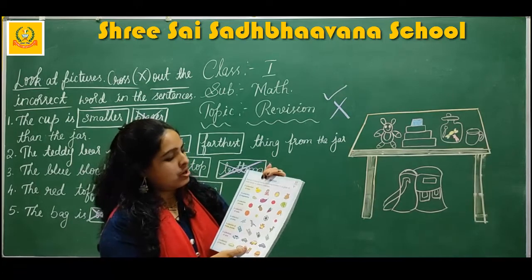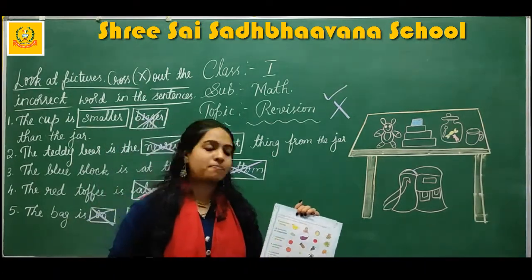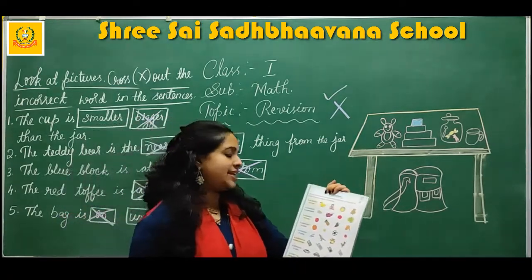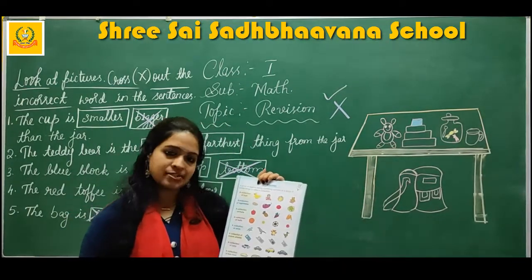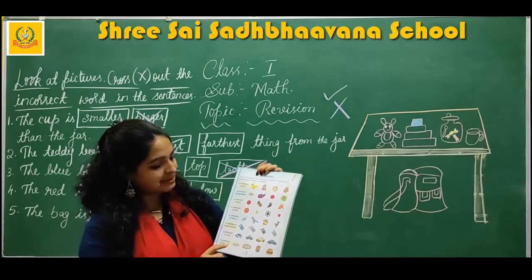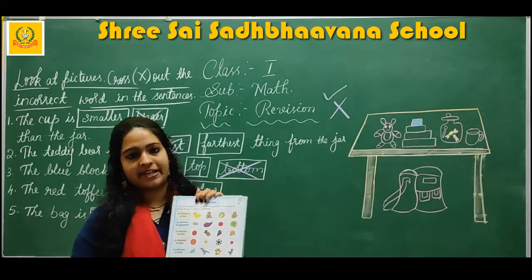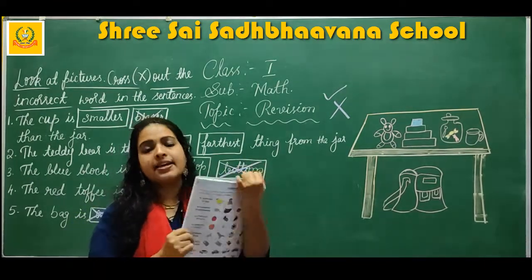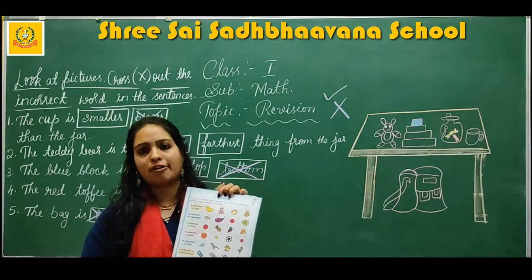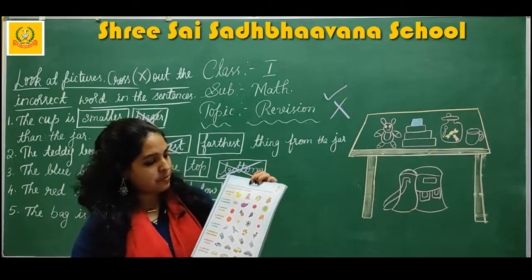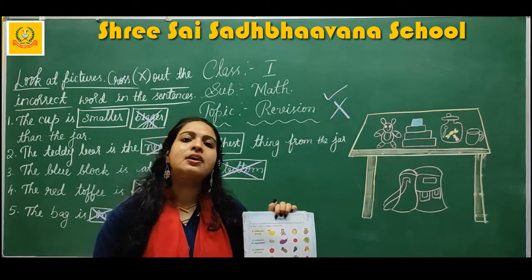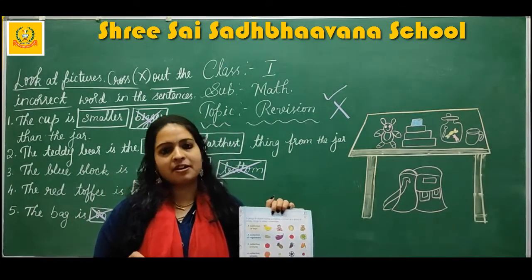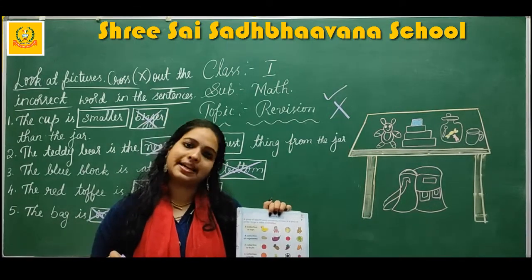Next, collections. What do you mean by collection? A group of objects having something common, or a group of similar things, is known as a collection. This is already known to you, right? This is nothing but collection. This is your learning activity. You have to learn this page. Okay, children? This is all writing activity. This is now a learning activity. You have to learn. Okay? What is a group of objects? Group of objects means what? Similar things. A group of similar things is known as a collection.